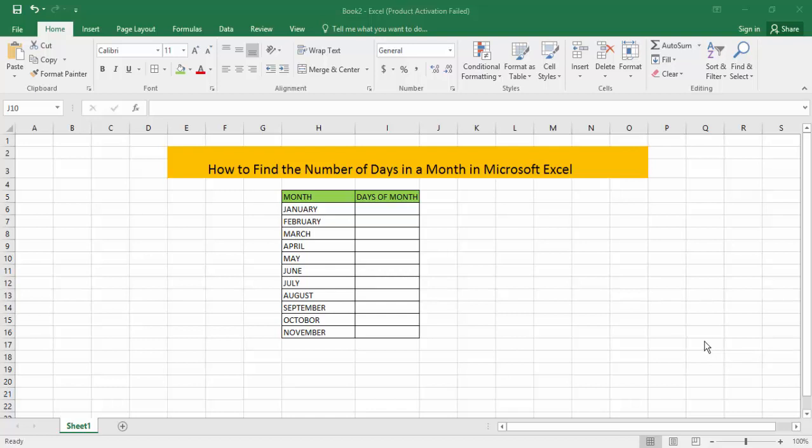Today's video: how to find the number of days in a month in Microsoft Excel. So let's get started. At first, open your document. Then you will see the months, starting from January to November. This month column is in the day format. Firstly, click on the day of month column, select the cell, and then press on the keyboard